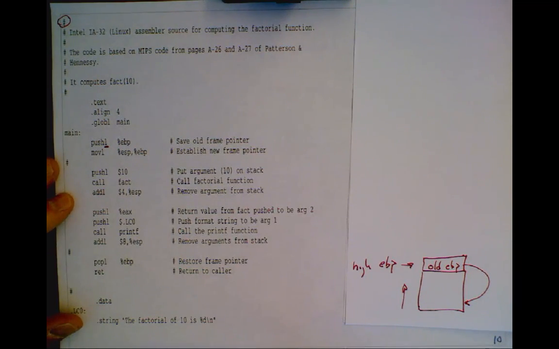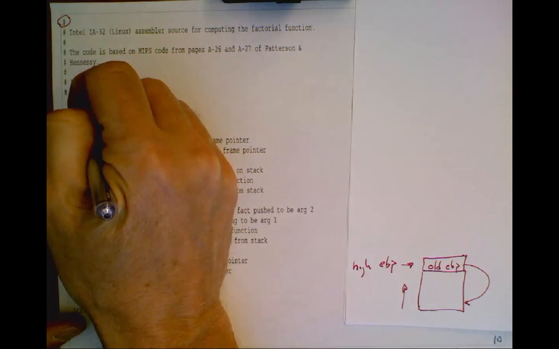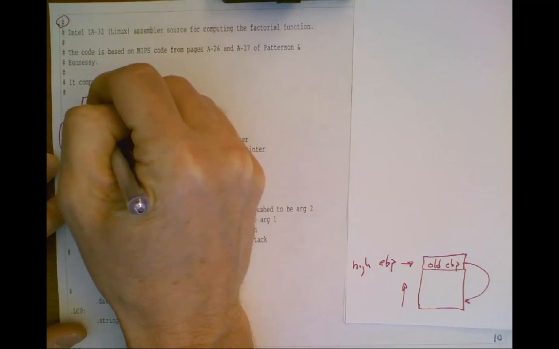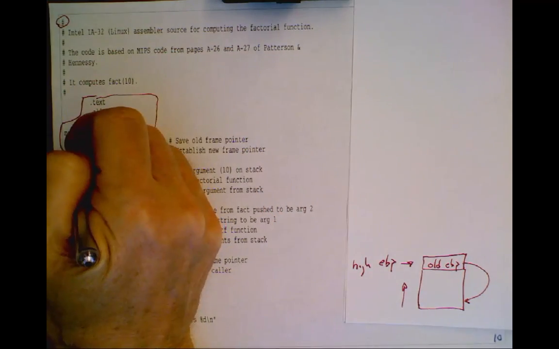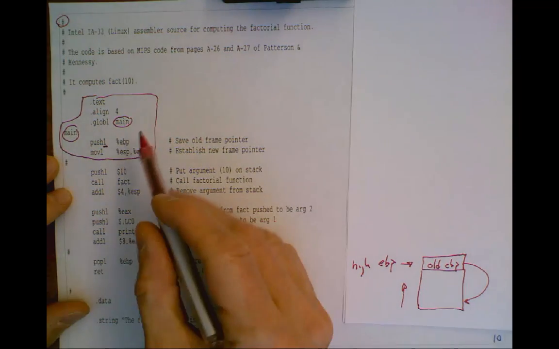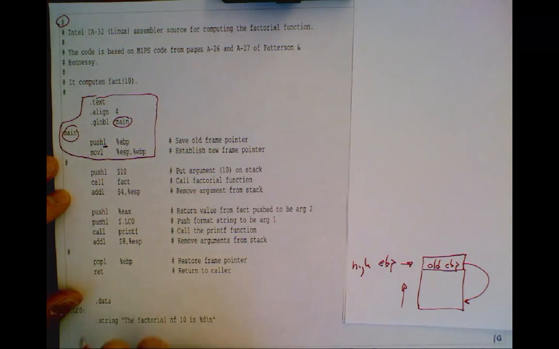Okay. So that's boilerplate code. Again, you'll see all of this sort of stuff at the top of all functions, basically. Or this is the function name. That circled item is the function name, because all good Intel functions are going to save the frame pointer and establish a new frame pointer. Now we're entering the code for the function body,